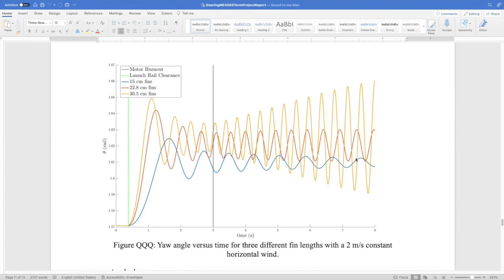Now, the 15 centimeter fins down here, the oscillations are damped even after the motor burns out. But if you look at the relative positions of the center of mass and the center of pressure in this case, the center of mass and the center of pressure are very close together at the beginning of flight, when there's a lot of mass in the bottom of the rocket because of the unburnt propellant. And you don't necessarily want a case like that, because then any slight adjustments to mass could destabilize your entire rocket,